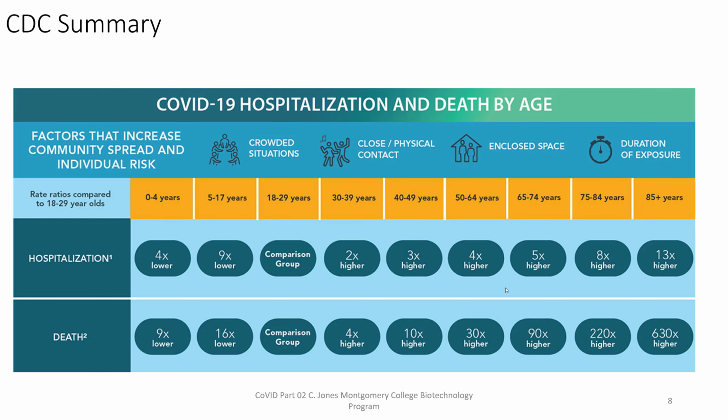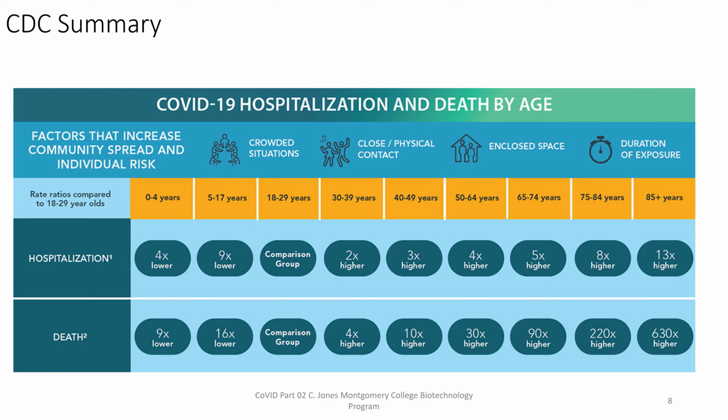If we look at this on the basis of age, I want you to notice that here the risk is lower, and here we are higher. So hospitalization is lower as long as you're under 29 years of age, and then the older you get, the more likely you are to require hospitalization. And again, the older you get, the more likely you are to die if you get COVID.